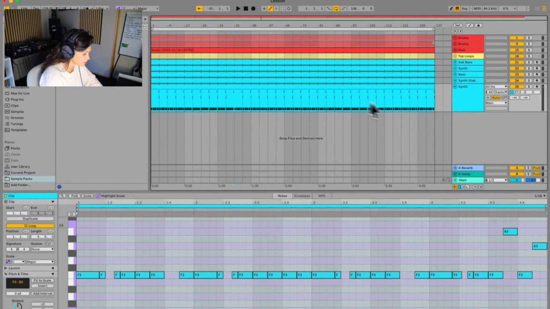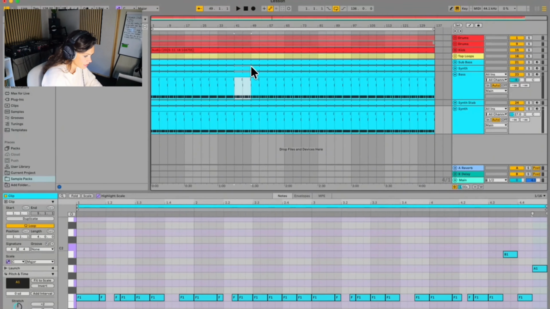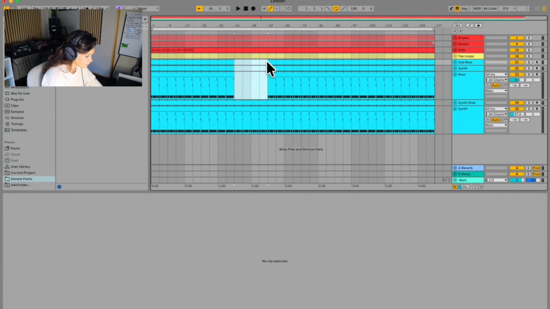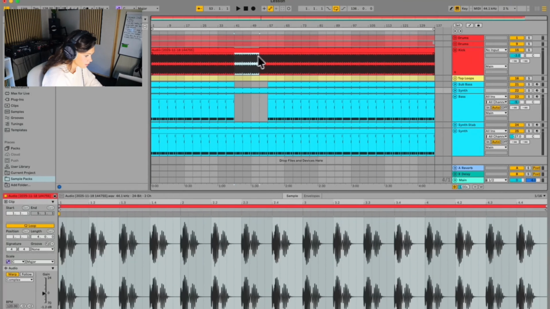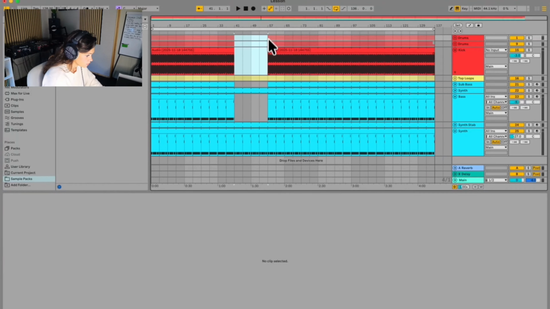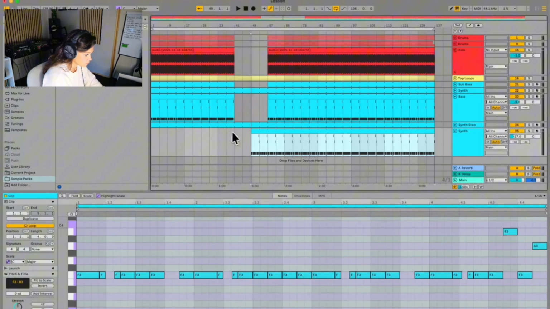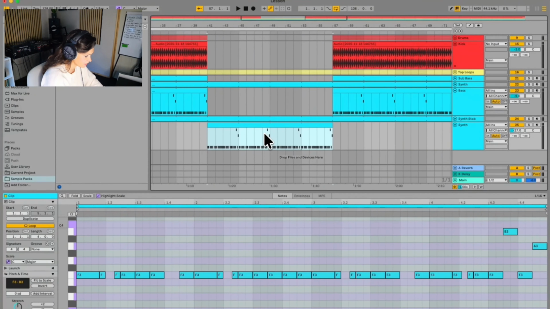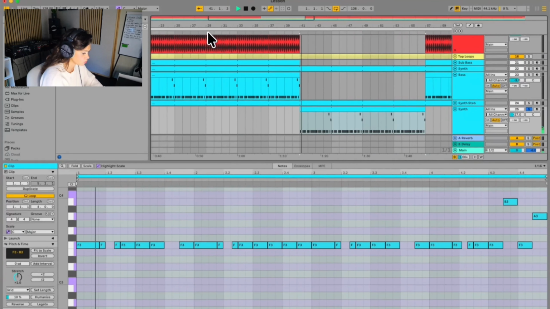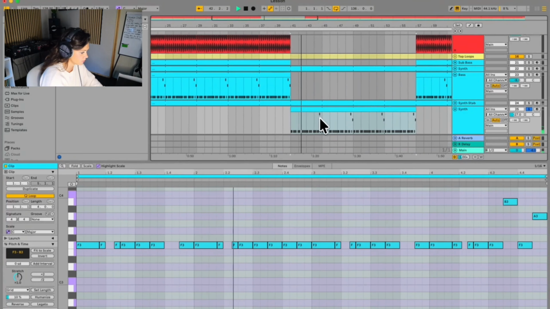So I've not really arranged this track just yet, but if we're going to say that our breakdown is going to be from here to here, and we're just going to take out these bits and pieces, maybe leaving the synth, and take out the drums just so we can see clearly where our breakdown is going to be. First breakdown can be here, and actually just start duplicating the amount of notes. So if we listen to this,